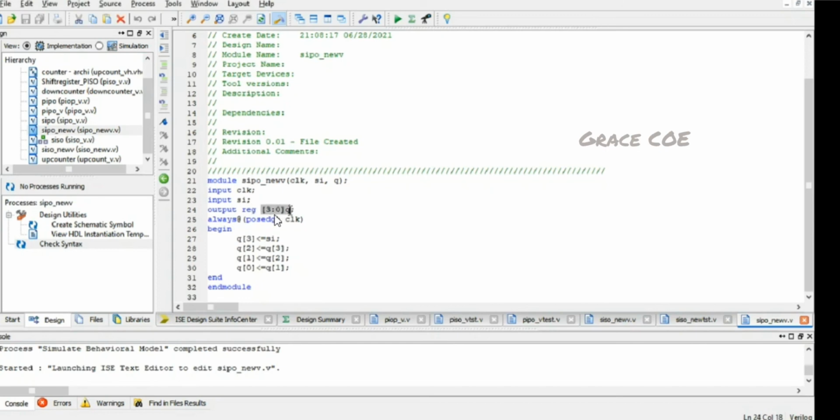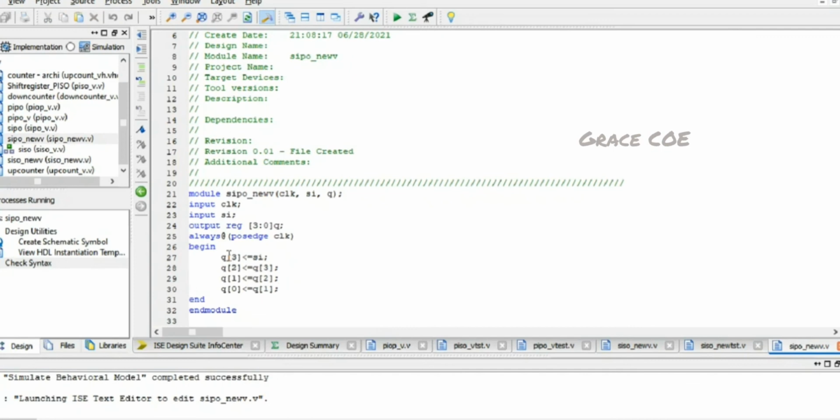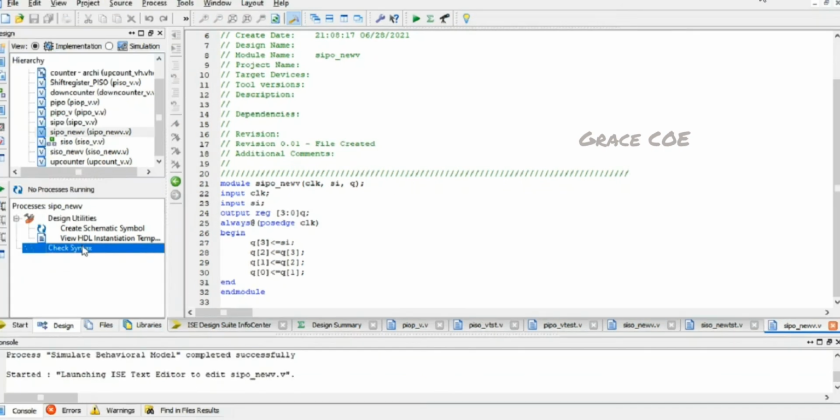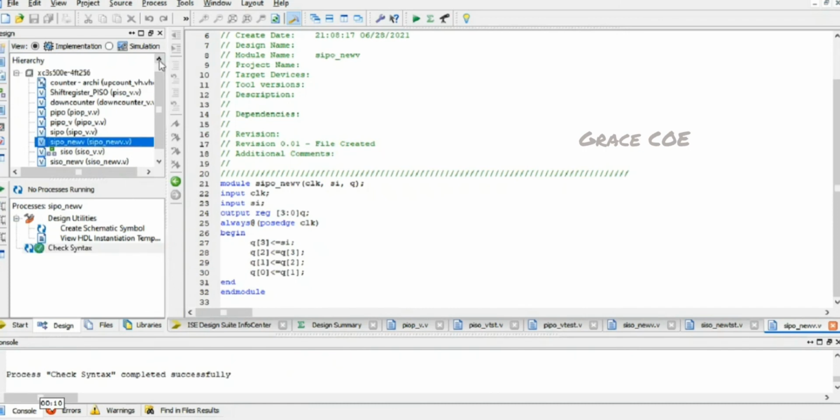So here we are giving the input on a serial basis, on a bit by bit basis, while the output is obtained parallelly from the output of each of the flip-flops. So we'll be checking the syntax for the code we have written. We'll do the check syntax. It has completed successfully.